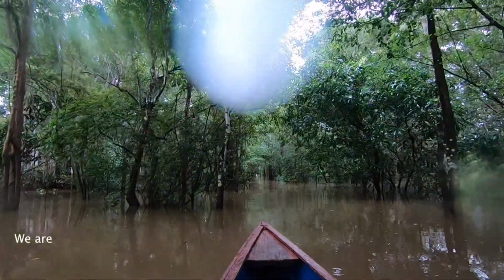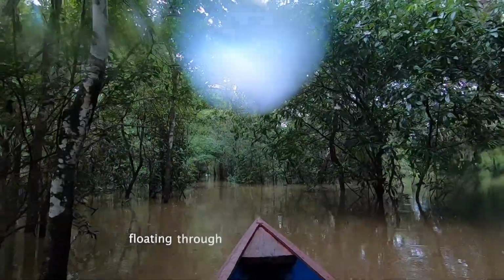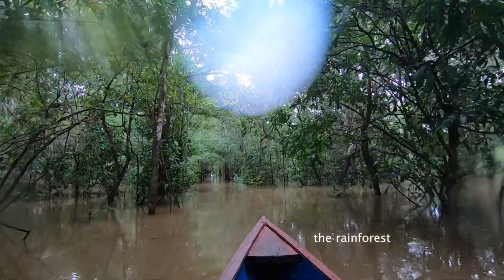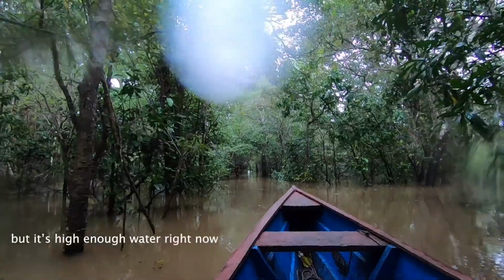We are literally just floating through the rainforest in this place that they can't go through in the low season, but it's high enough water right now that we're just